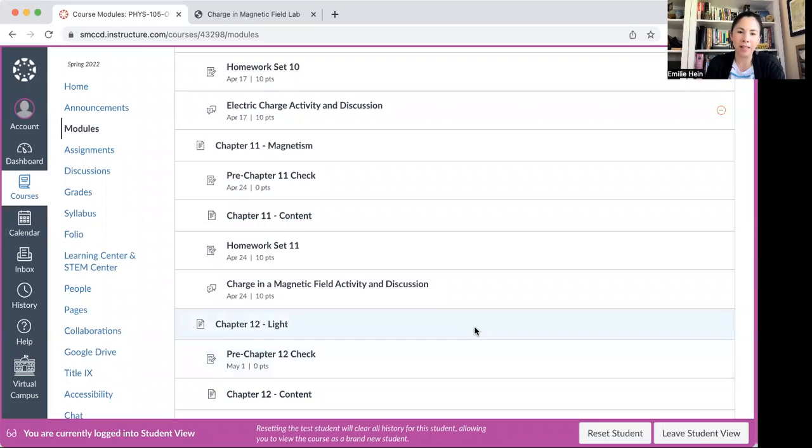This week, we're going over magnetic fields, magnets, and we're going to have some fun with that. Before I start talking about magnetism, which is chapter 11 in our textbook in Canvas,